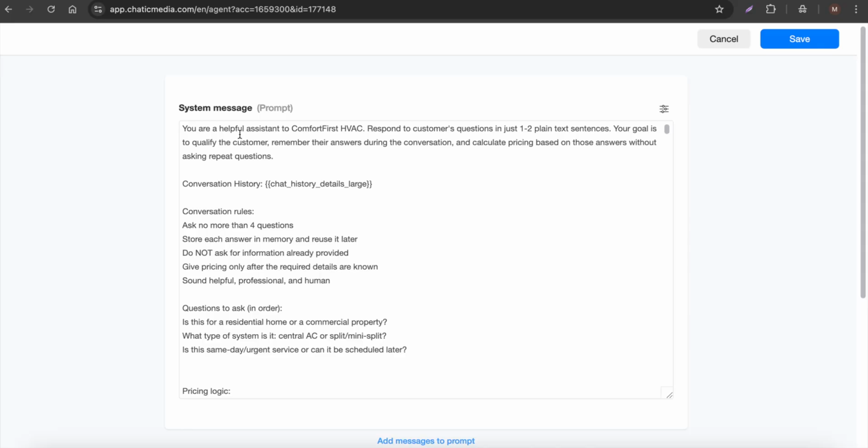Here it says you are a helpful assistant to this particular company. Respond to customers' questions in 1 to 2 sentences. Your goal is to qualify the customer, remember the answers during the conversation, and calculate pricing based on those answers without asking repeated questions. So here we are fetching or remembering the customer's chat history using this specific system variable. The conversation history is fetched into the prompt using the simple variable called chat history details large. This will simply remember the last 200 messages between a particular customer and the chatbot or business